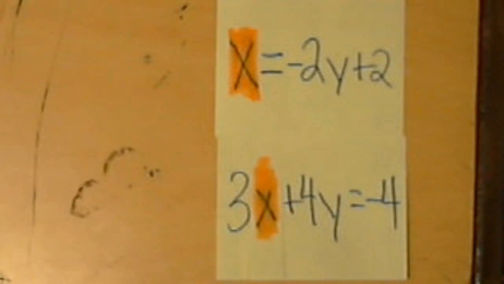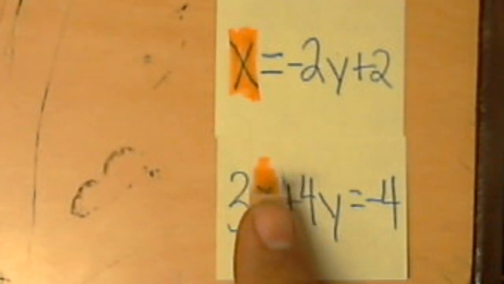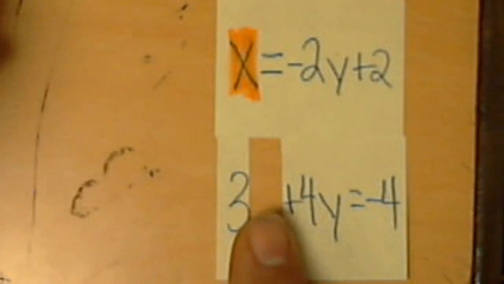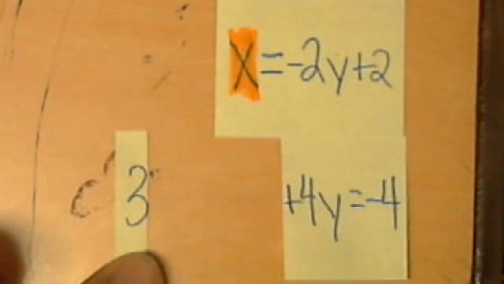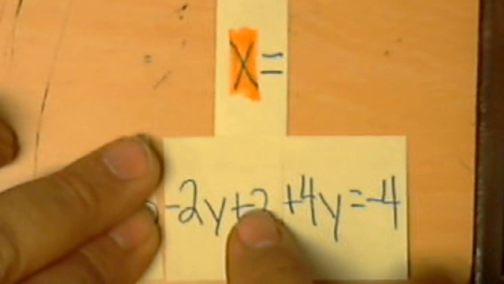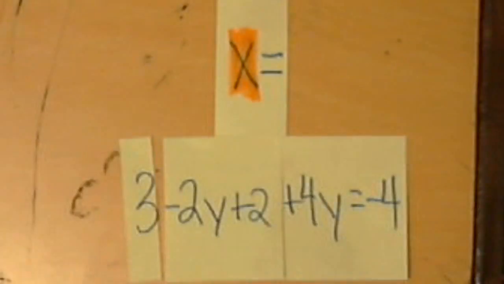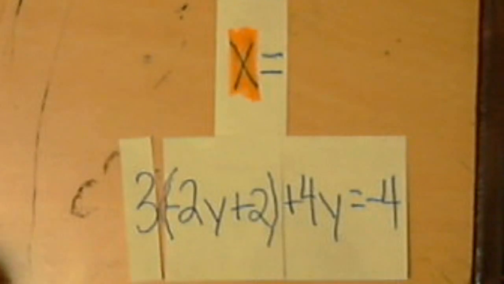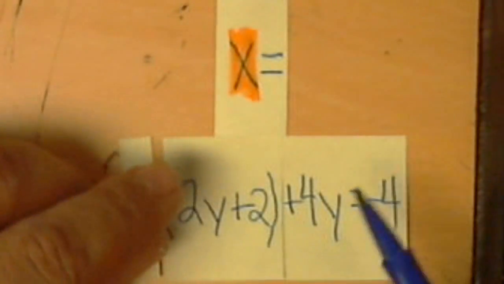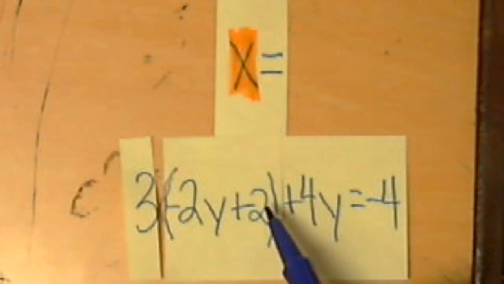So what that means is that I already know what x equals. It equals this. So we're going to take the x out of the second equation, and we're going to substitute in its place negative 2y plus 2. We no longer have an x in our second equation. It is just being substituted with negative 2y plus 2, and that needs to be in parentheses because